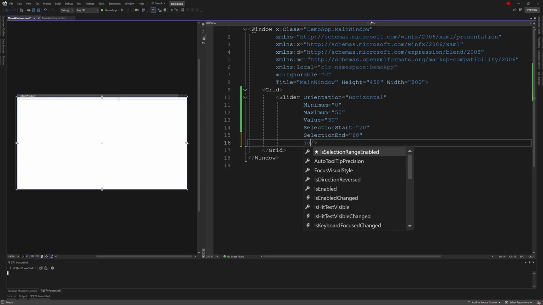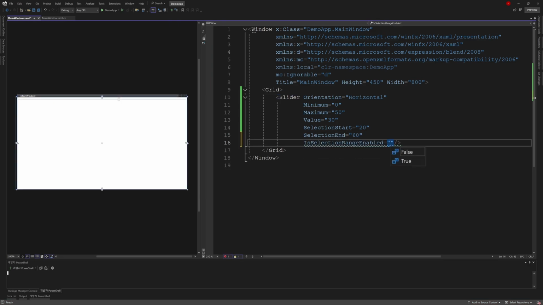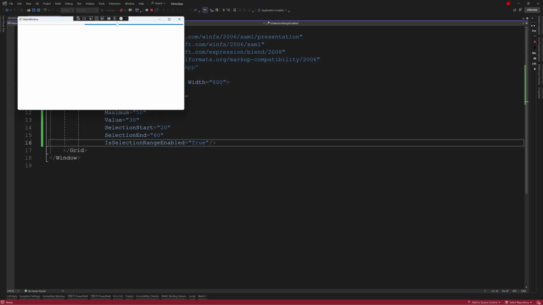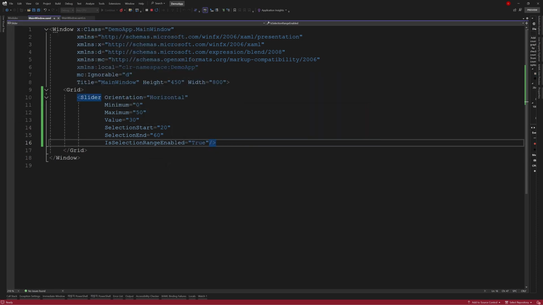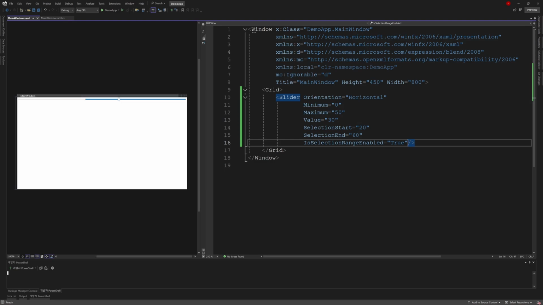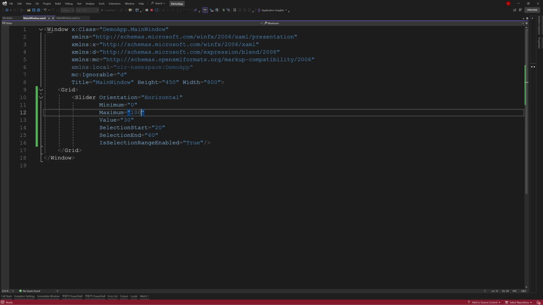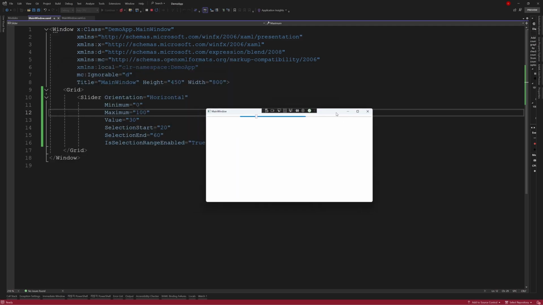So we set it to true to enable the slider's selection range feature. Okay, now the range we set is visible, but it looks a bit odd because we haven't changed the maximum value. So let's adjust it. Alright, now the 20 to 60 range is distinctly displayed, but it only marks the range and doesn't really affect the functionality of the slider.